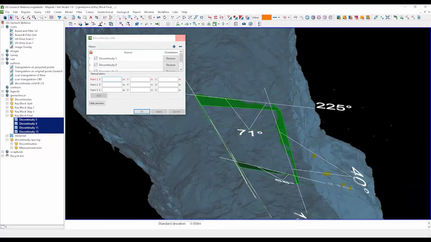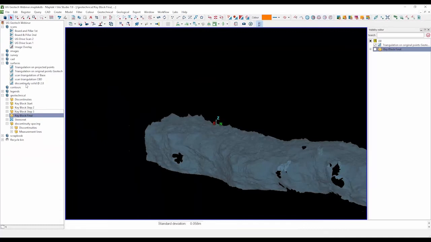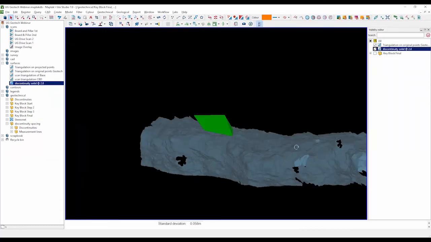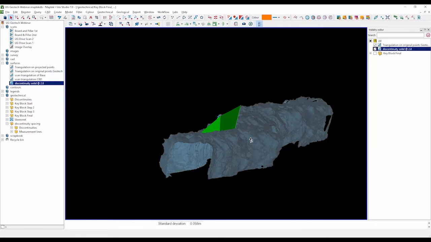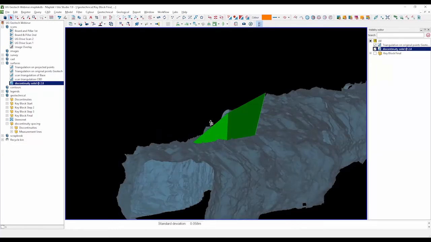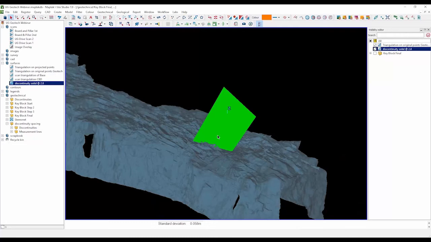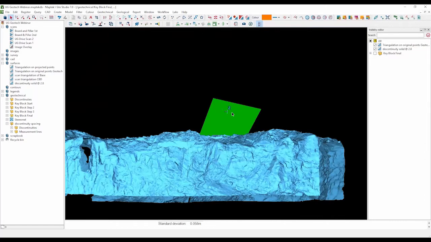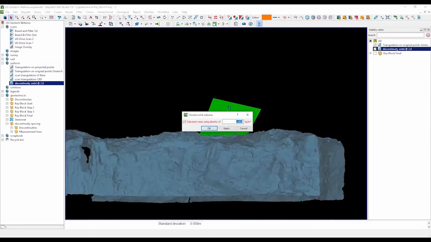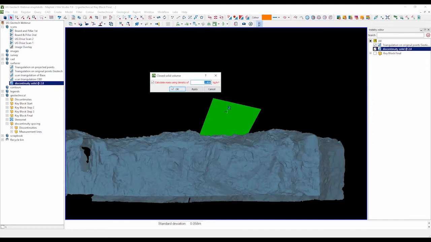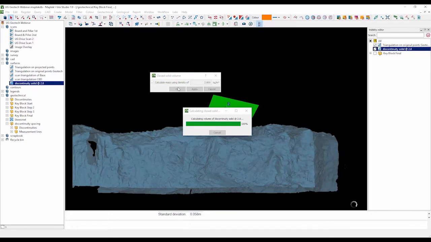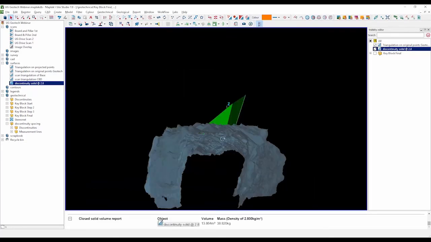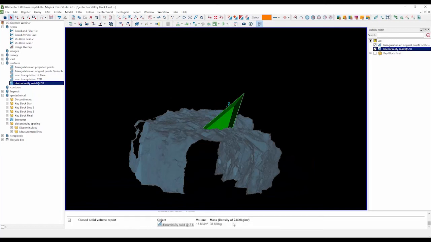Just for the simplification of this webinar, I managed to generate it beforehand. So if I hide that and I just go to the discontinuity solid, this is the discontinuity solid in the hanging wall. So that's also quite nice. On top of that, I can select it, go to query, close solid volume, and I can select a density of 2.8, for example. Just make sure I've got the tick box on under close solid volume, and you just say okay. And straight away you'll find out that that block potentially weighs about 38.82 tons. It will be reported at the bottom of your screen